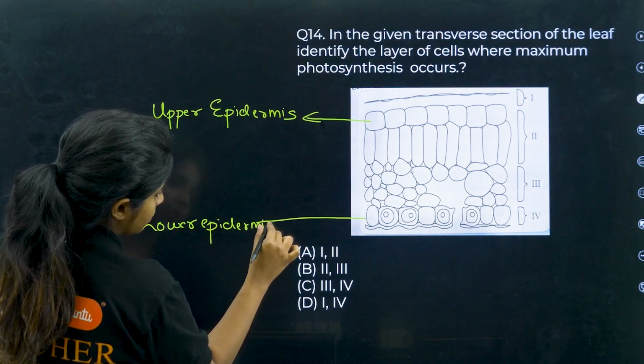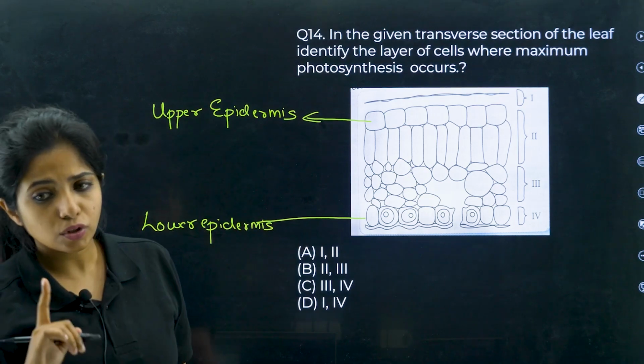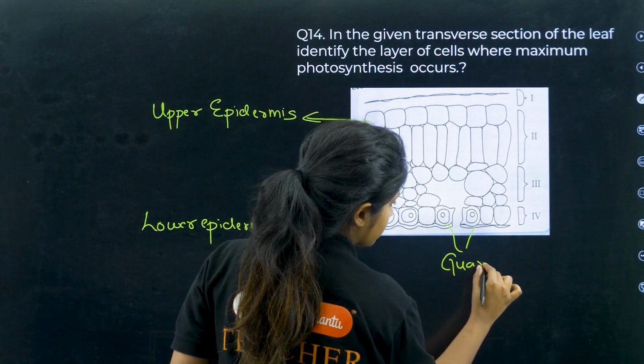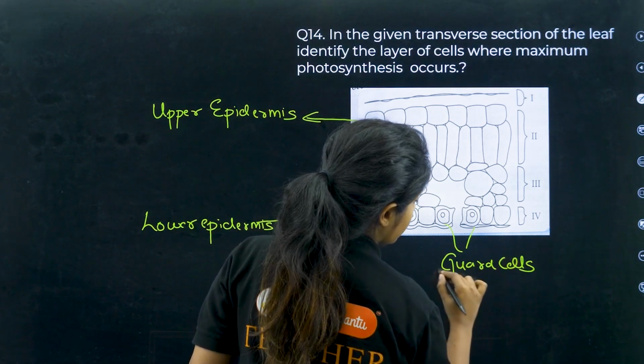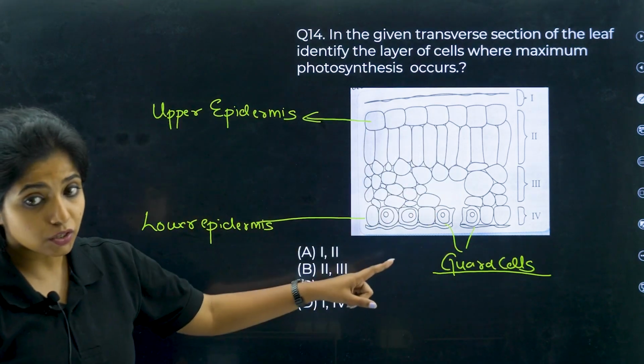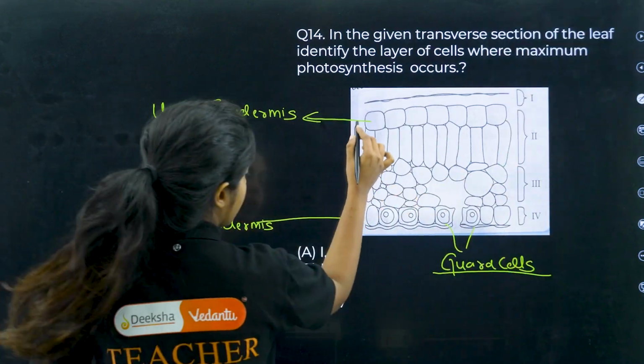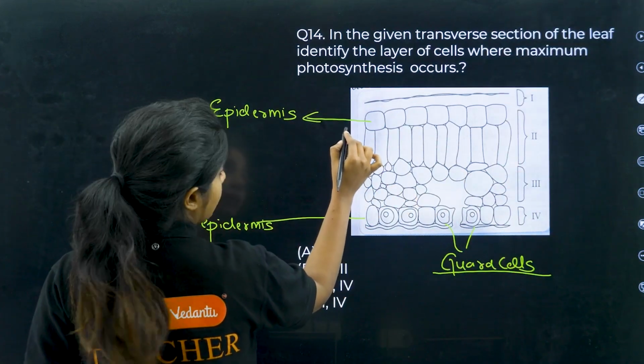And in the lower epidermis, apart from the epidermal cells, there is also one group of cells which you call what? Guard cells, my dear children, which guard the opening of the stomata. Right? So guard cells are also over here, please remember that. Now the next category of cells which are over here after the upper epidermis is